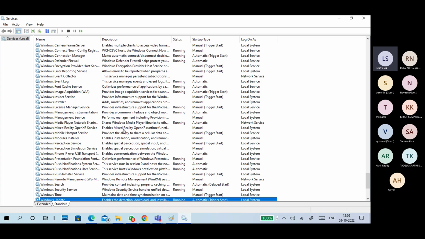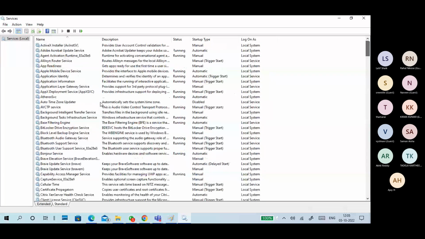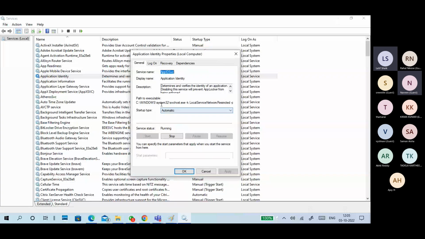What is automatic? For example, see, the automatic startup type is automatic and it is showing running. Of course it is not required to run, but you can see what is the use of these services in the description: service name, display name and description. Startup type is automatic, manual and disabled. Automatic means,